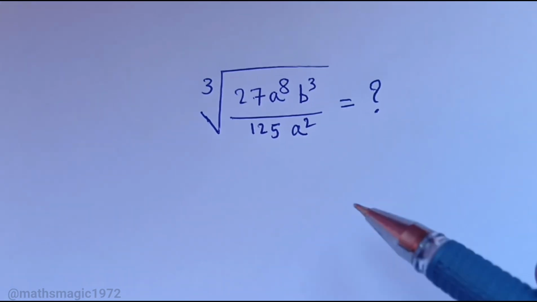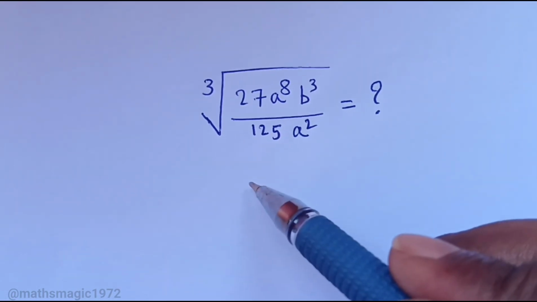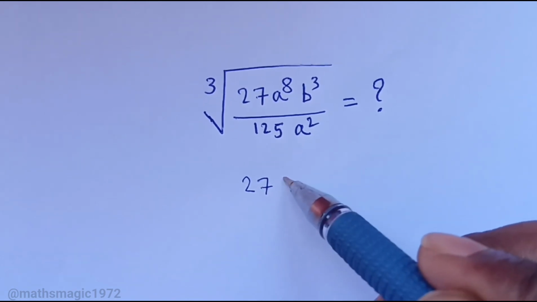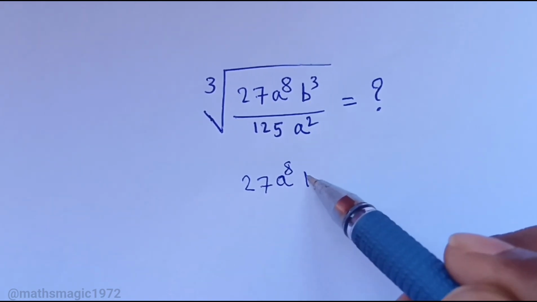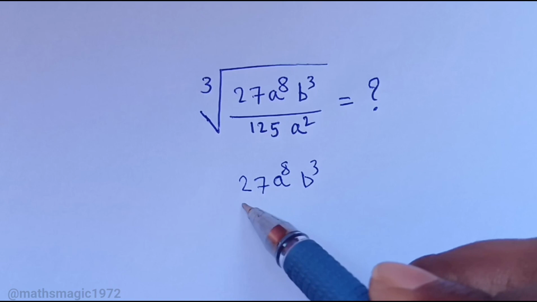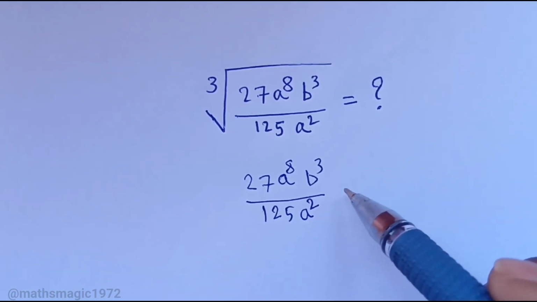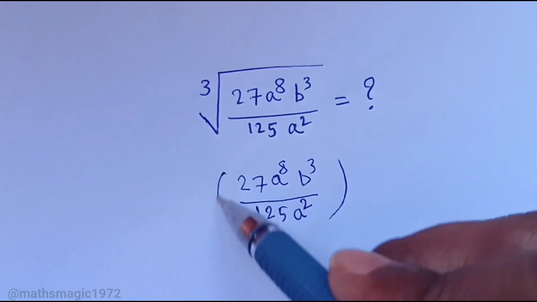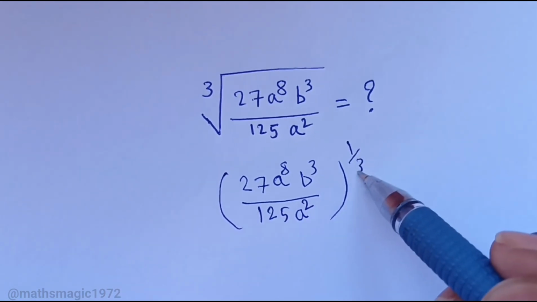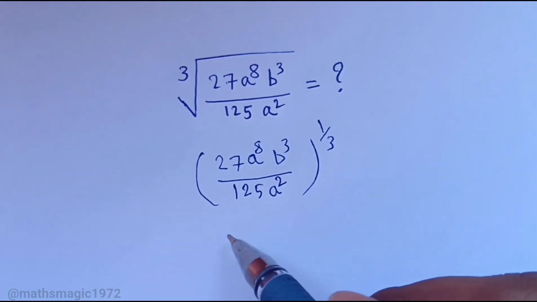How to solve this problem? Cube root of 27 a to the power of 8 b cube over 125 a square. When you remove the cube root, it becomes 1 by 3. Here,